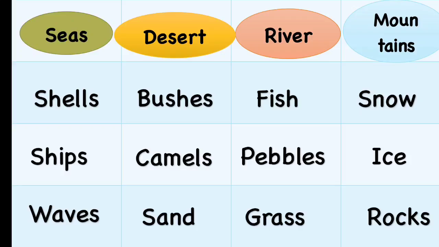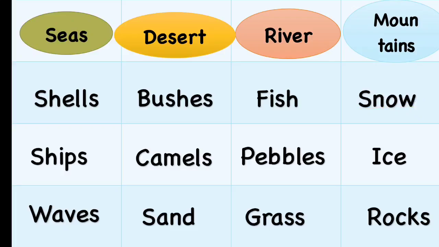What are the describing words that we can use to tell more about these things that Gola saw? Now, we can say big shells, huge ships, scary waves, and then we can say thorny bushes. Do you remember when we read the story about Gola? When he visited the desert, he saw thorny bushes. These bushes has got thorns in it, and he saw camels and sand, right? So how can you describe these things? We can say brown camels or dry sand, and then we can say small fish, round pebbles, green grass,